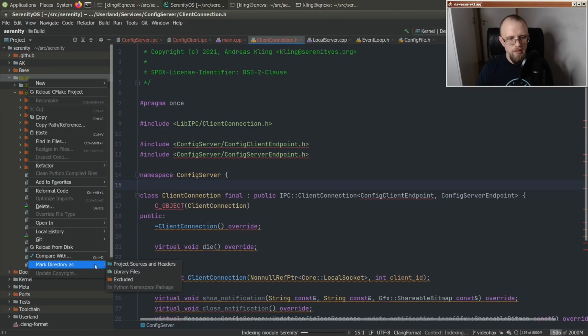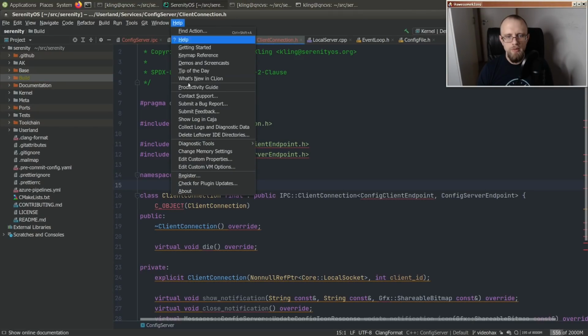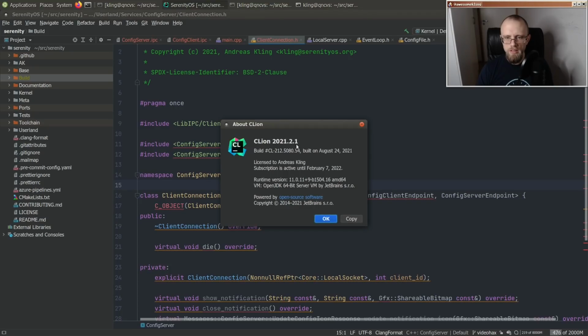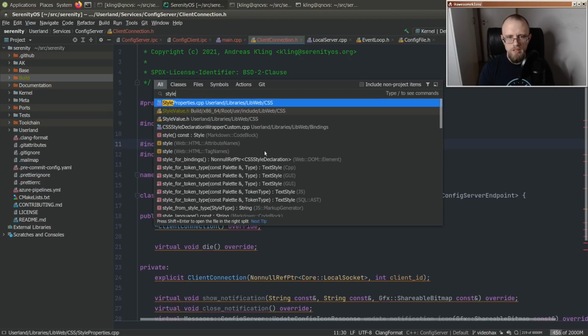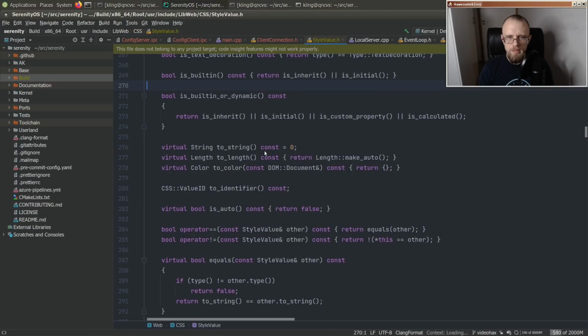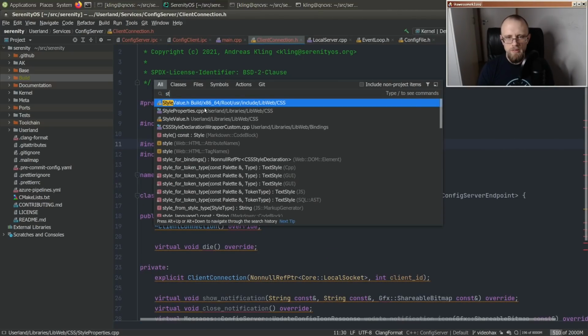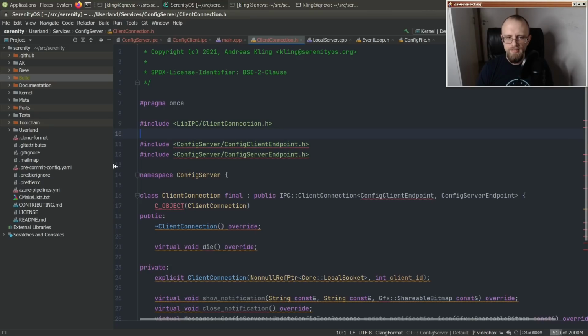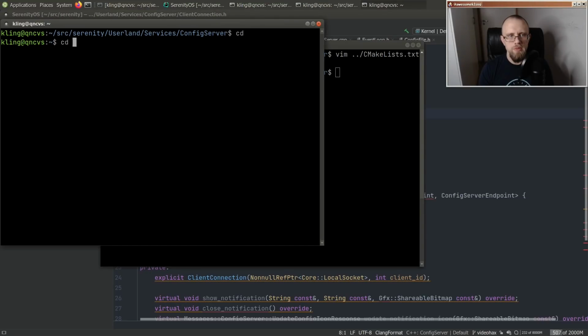There's been some trouble with the mark as excluded recently in CLion, but they released an update for it yesterday, and that's the one I'm running here, so it should be working. Is that working? Wait, it does not appear to be working though. Dang it. Or wait, no. Okay, well that's a bit frustrating. So let me just switch to